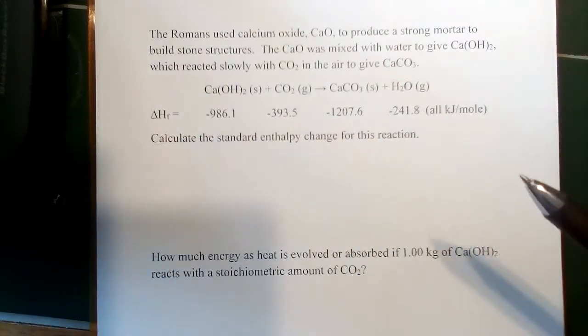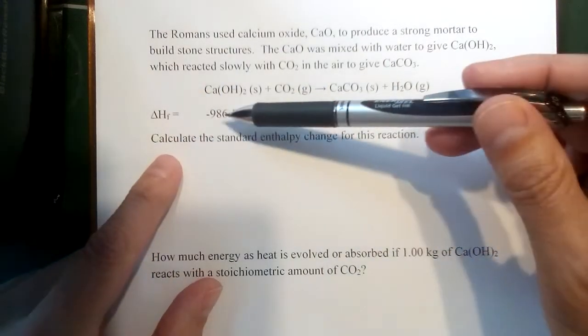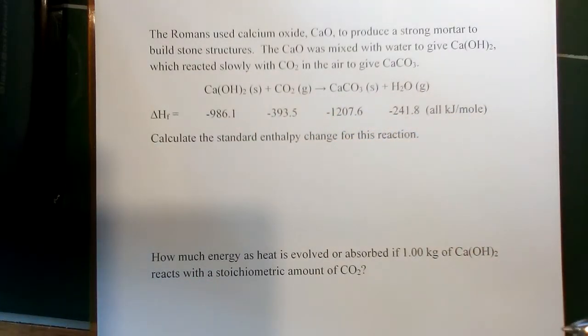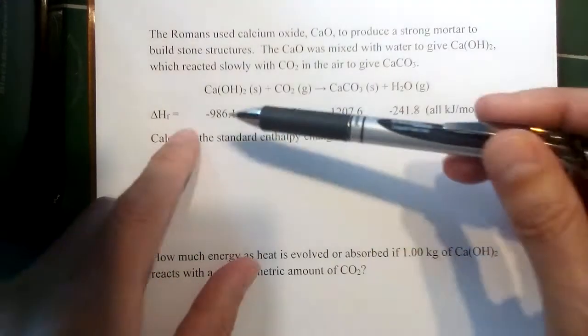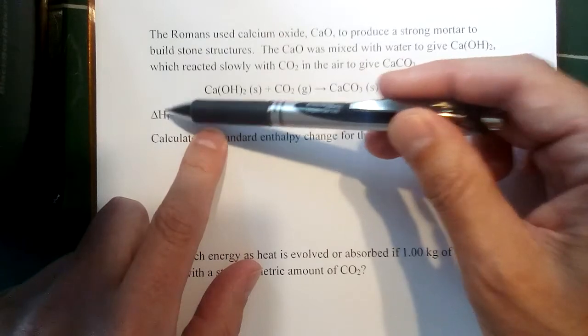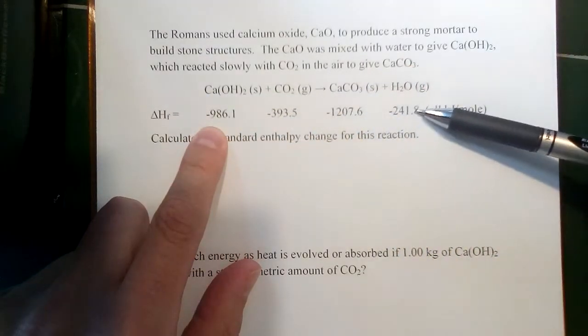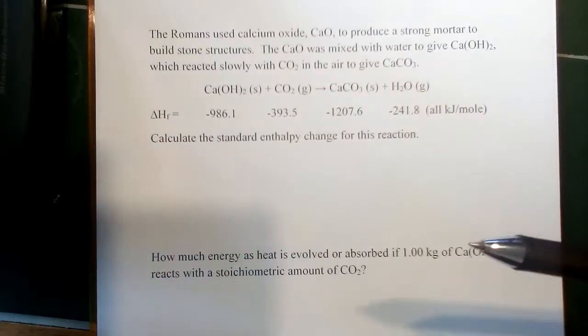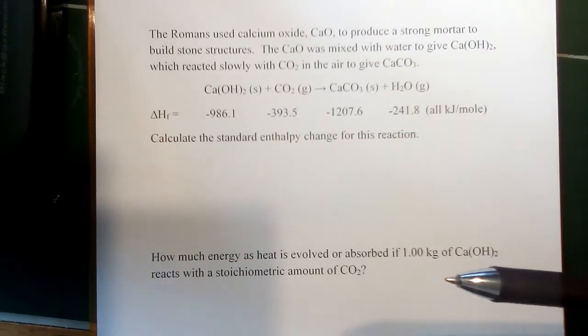So in the problem that I have here, the example, I've actually looked these values up in a table in the back of a textbook already. So really on a test, right, you're not going to have access to your textbook. You're not going to be able to look things up in a table. So on an exam, the problem should look something like this. You'll be given all of the enthalpies of formation that you need for that reaction, right? And then what you really need to do is be familiar with the formula and be able to apply the